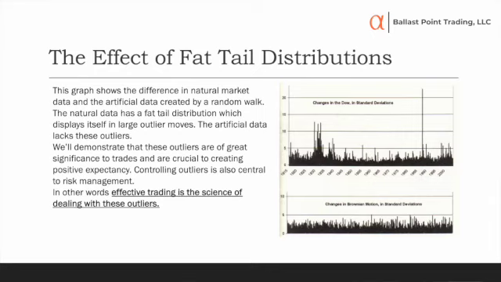Okay. Another way of looking at the same thing, here, the top chart here is real data from the Dow, and you see the big spikes there, and the bottom is artificial data. And you notice how nothing really gets above 2 standard deviations on the bottom, but on the top we get these large spikes. Those spikes are the key to making money, turns out.